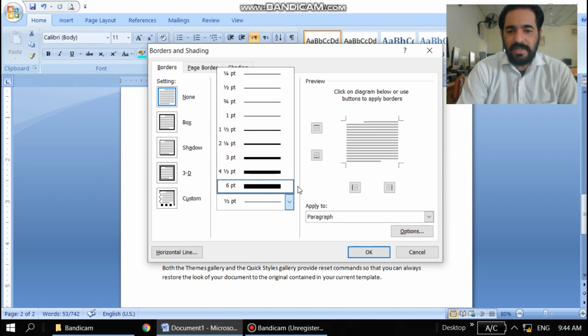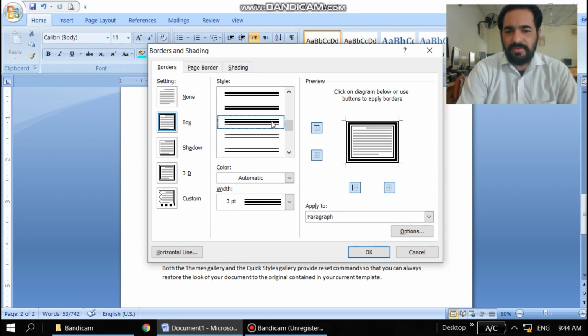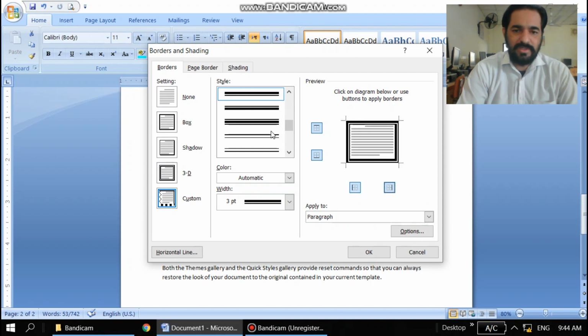Different options are available that you can utilize, and where to apply, on text or paragraph, whole text or paragraph, and that is your preview, which gives you the preview of all your options. Whatever you select, right, left, bottom, whatever you want to add or remove, these options are there. Preview before applying. You can apply these operations with the help of different options.